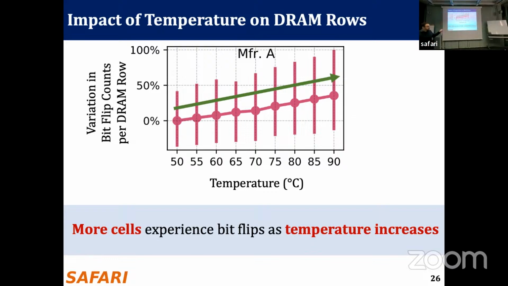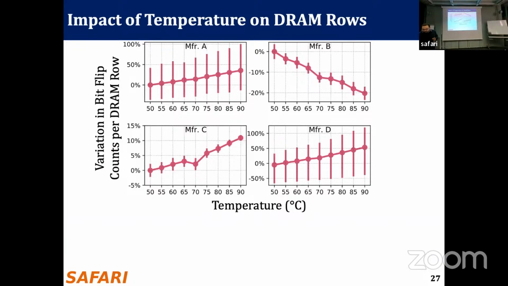So everything is normalized to 50 degrees Celsius. We basically see the delta on the y-axis, and an increasing trend means that we have more bit flips as the temperature increases. And when we repeat this for all four manufacturers, we observe in 3 of them that the bit error rate increases with temperature, but DRAM chips from manufacturer B show the